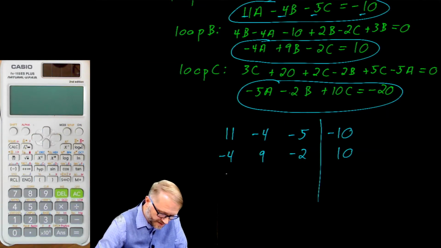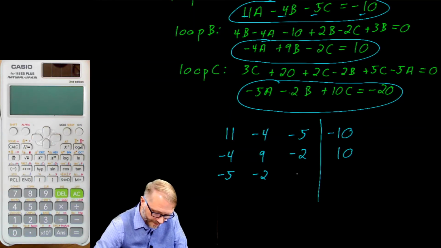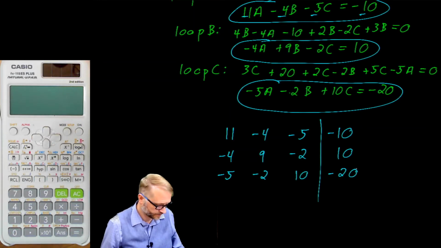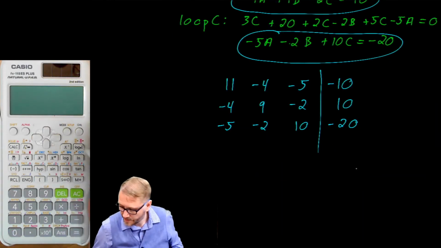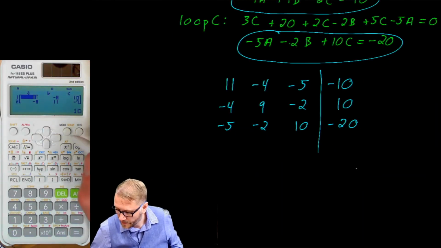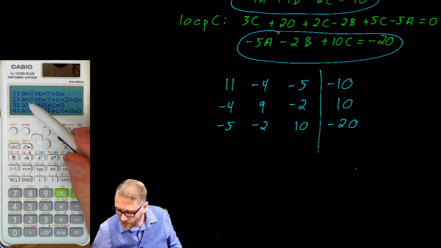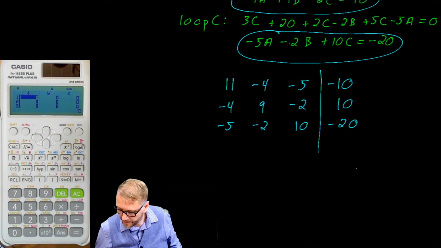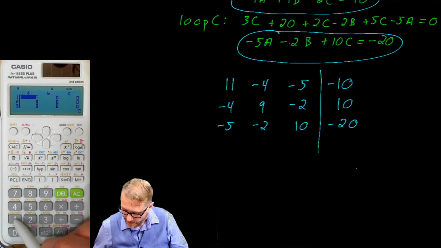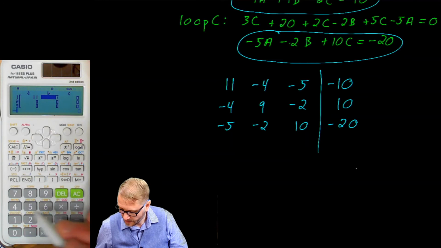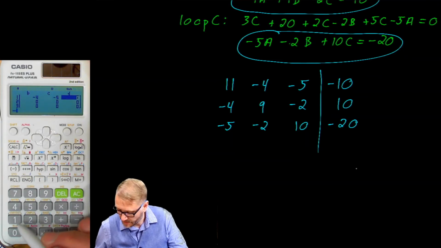And finally the C loop, so negative 5, negative 2, 10, negative 20. From there, you go to your calculator, setup, equation. This time we have 3 unknowns, so we're going to want to use number 2. And you enter the numbers. 11, negative 4, negative 5, negative 10,